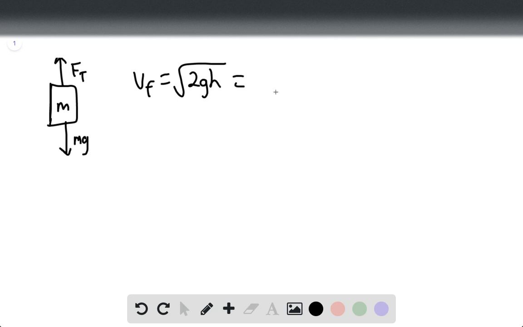For Karen and Jim, we have a mass, and then going up is the force tension in the rope, Karen using her dynamic rope, and Jim using his static rope. And then going down is the force of gravity, or mg. We know that the final velocity is going to be the square root of 2gh. So this is simply equal to the square root of 2 times 9.8 times the height of the drop, so 2 meters, and then this will equal